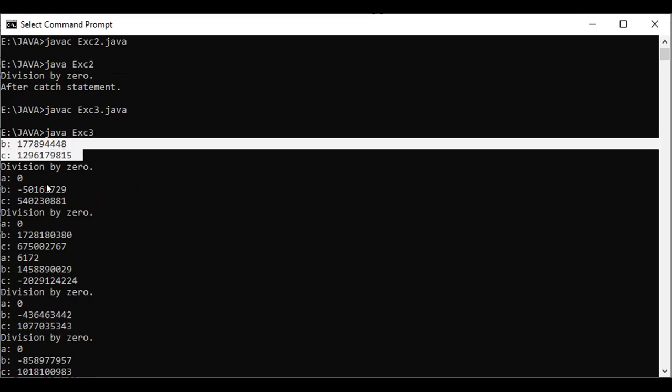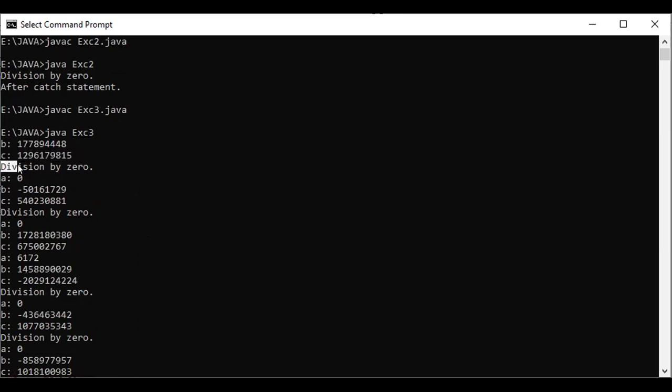But here it is division by 0. After this, some value is generated. Why? Because C is some value and this one is some value, and after these two values, a division arithmetic exception is generated, and we have set this A value as 0.